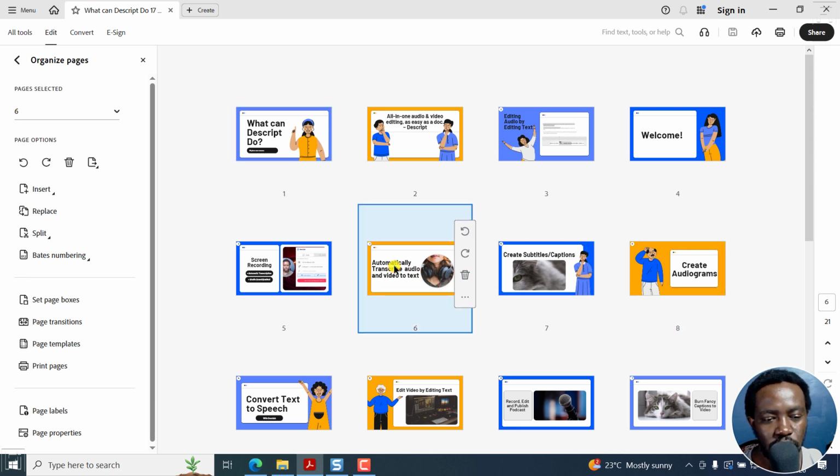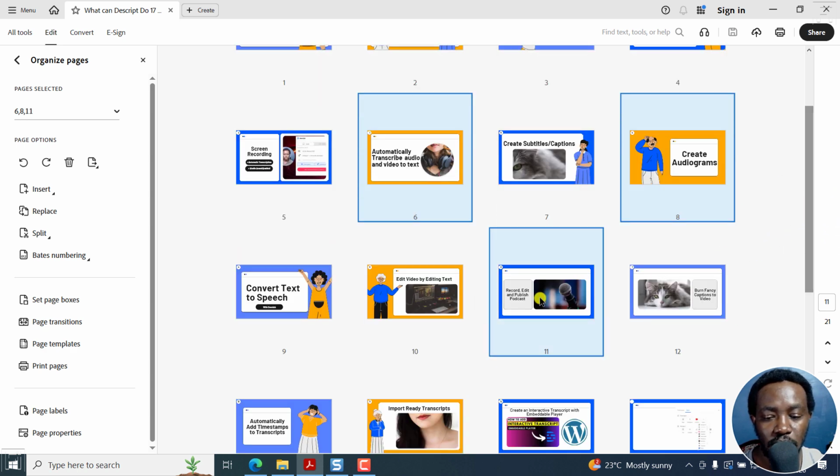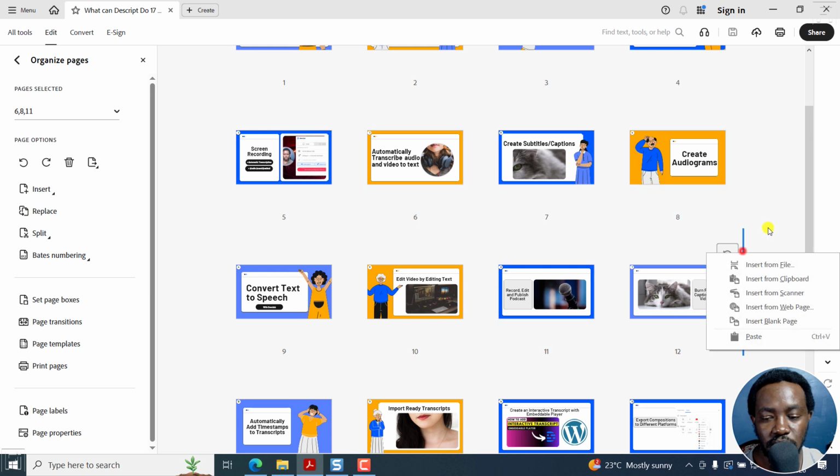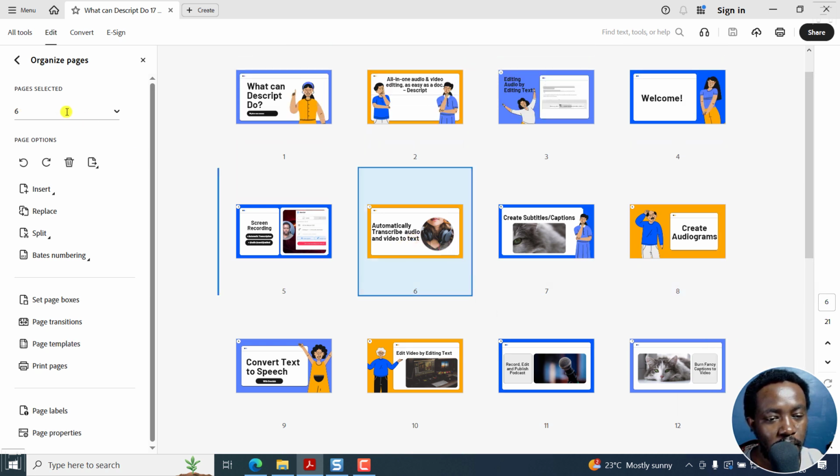use this particular page. Now we just want to extract this page, or you can select a couple by pressing Control and clicking so that you can select 2, 3, 4, 5 more pages like that. But I can actually just click out to deselect, and let's select this one page, and you'll see right here it's going to have page 6 selected, and from the page options just click on this extract pages icon, click